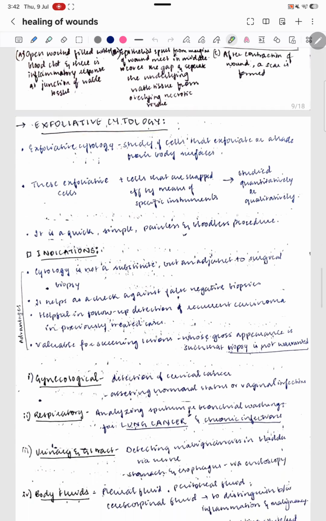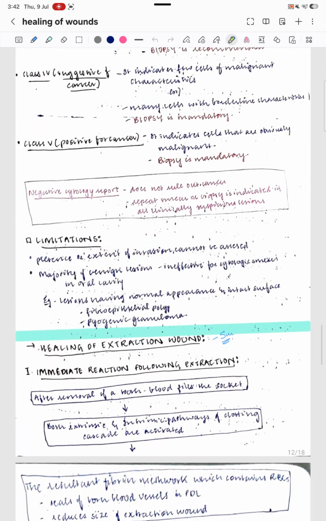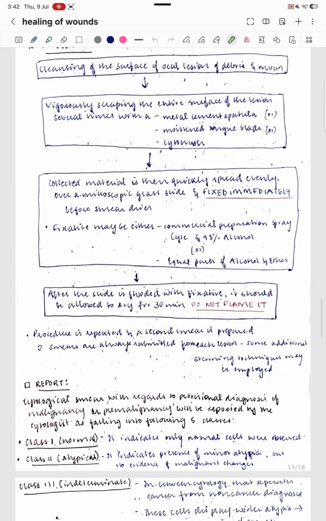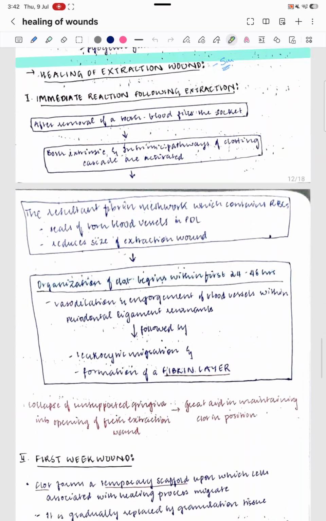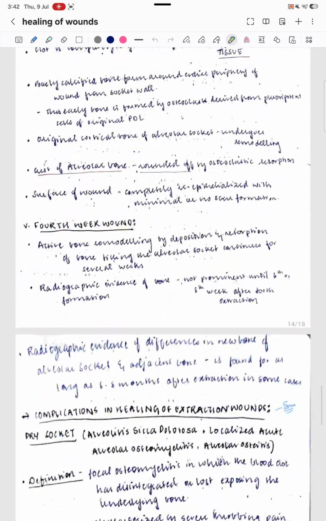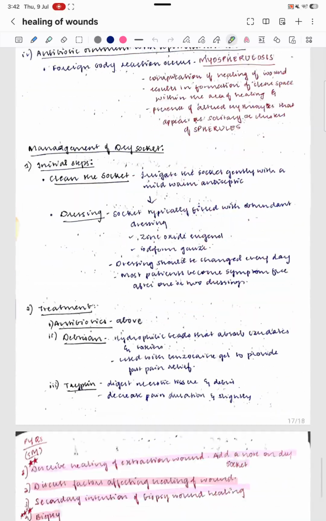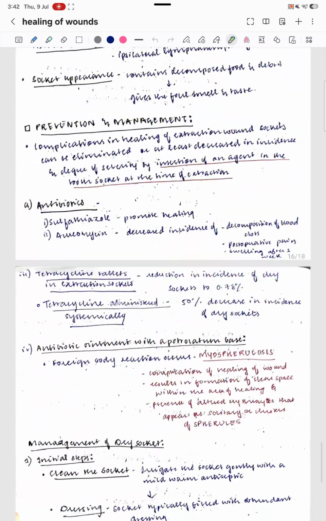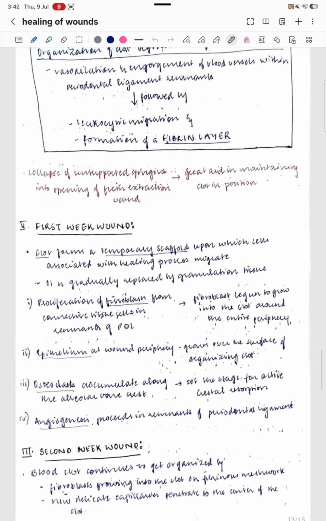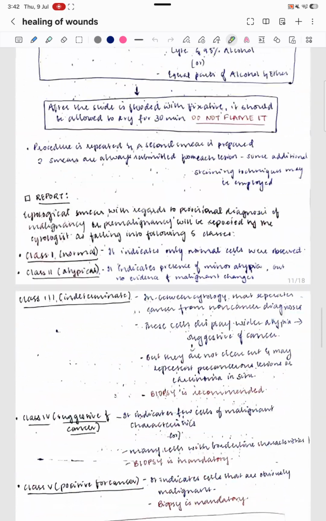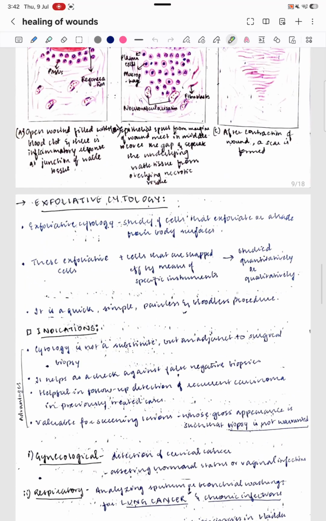exfoliative cytology, this has also been asked for 5 marks. This has just the procedure, how it is done, and the classification of exfoliative cytology. Then we have healing of extraction wound, and complications and dry socket. These are the main important things that we have. So let's begin with exfoliative cytology, and then the dry socket I'll be dealing with in the next video because it